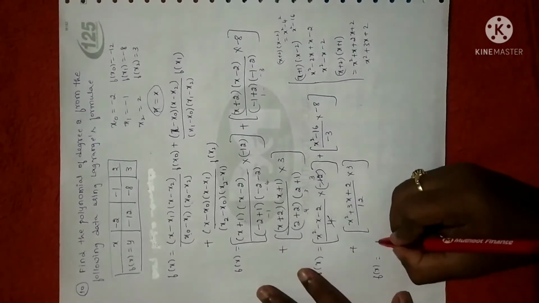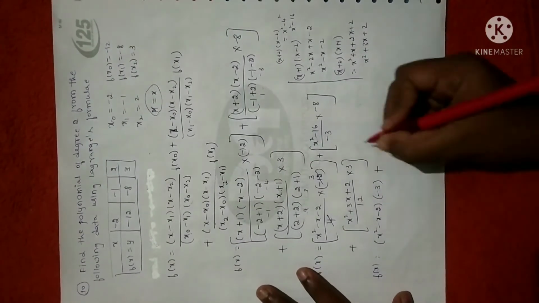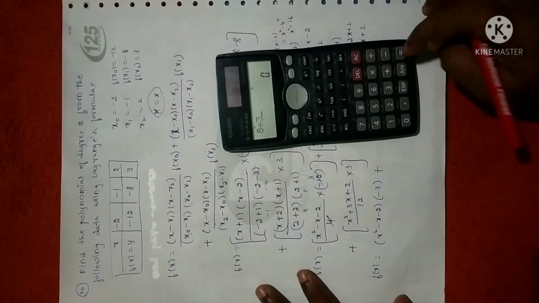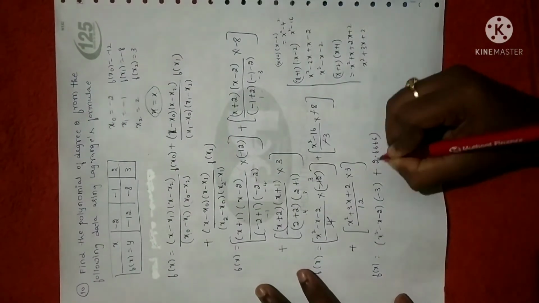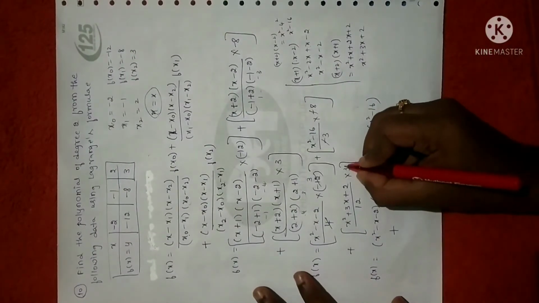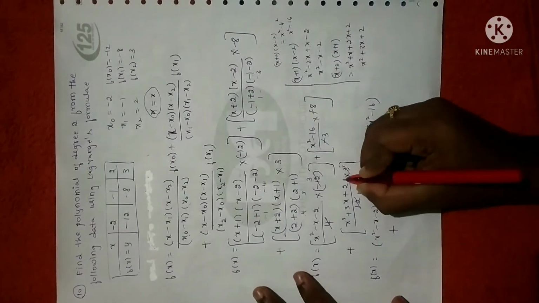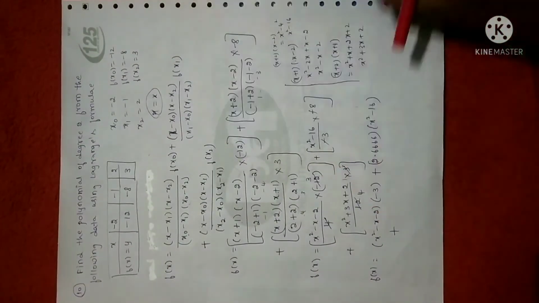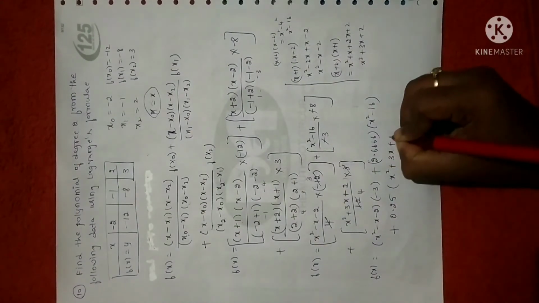F of x is equal to, see here, x square minus x minus 2 into minus 3, plus x square minus 16, minus minus get cancel. 8 divided by 3. Use calculator. You will get 8 divided by 3 is 2.666. Fine. So 2.6666 into x square minus 16. Fine. Last term. 3 1s are 3, 4s are. Right. You will get 1 by 4 here. So let me calculate 1 divided by 4. You will get 0.25. Right. So I'll just write 0.25 into x square plus 3x plus 2.